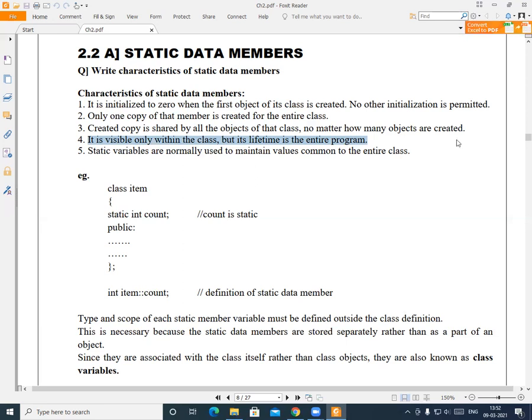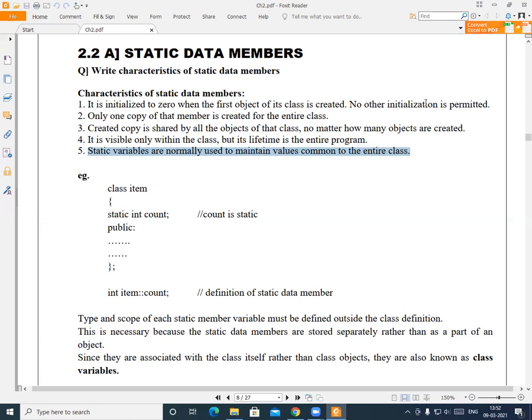Now why are static data members used? Static data members are normally used to maintain values which are common to the entire class. Suppose I want to use a common value for the entire class. Suppose I have created one class Adsul, and I have to use one institute code for all the students. Then the institute code for all the students will be the same.